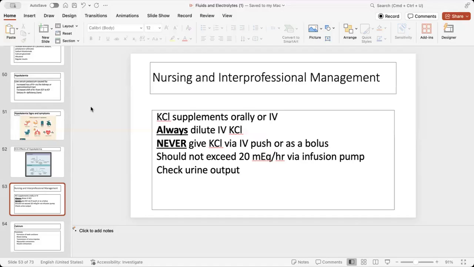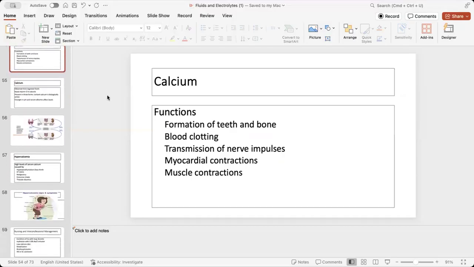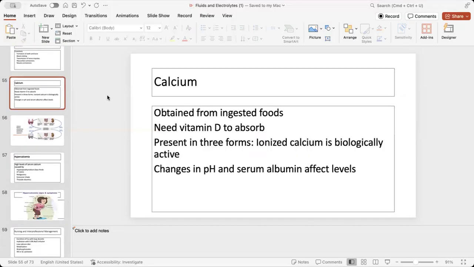All right, calcium: bones and teeth and clotting, okay? Again, we get a lot of our calcium from foods, right? Think about your dairy products. We can also get it from broccoli, salmon, kale, all those good things. It's regulated by parathyroid hormone. We'll talk about this again in endocrine. You guys have a leg up on endocrine already, right?